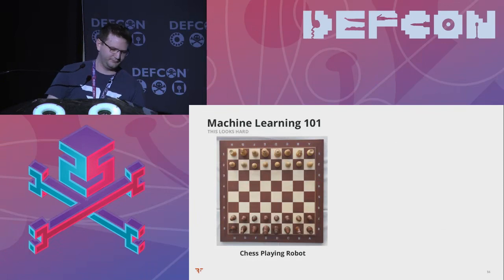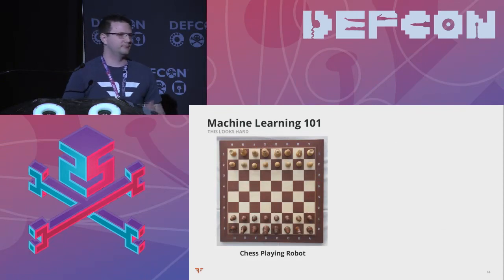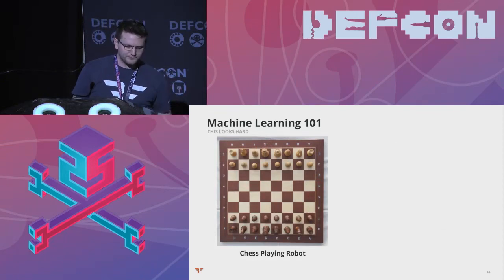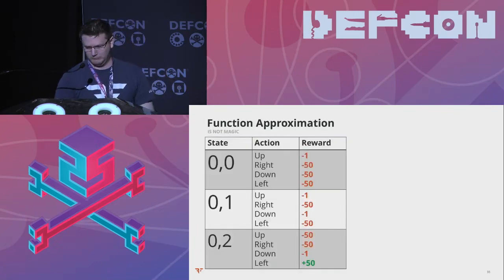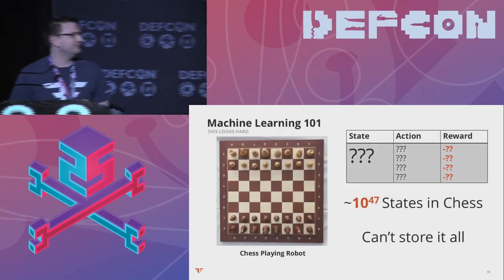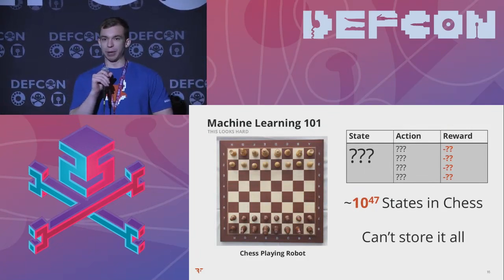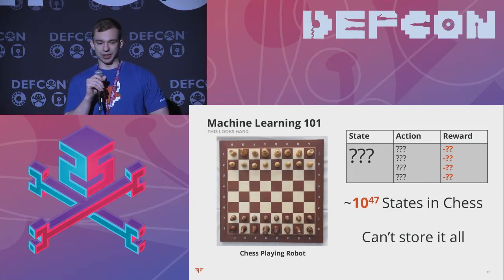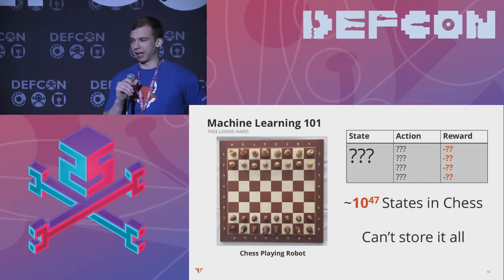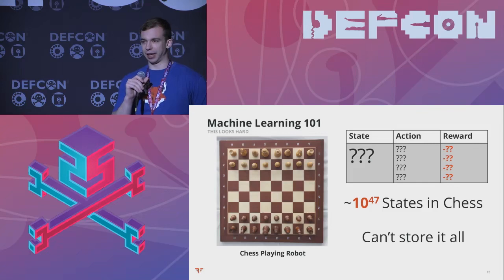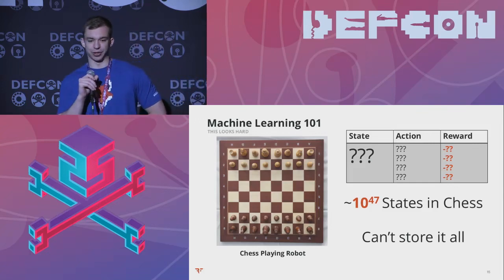Yeah, the problem is when you want to do something that's a little more complicated, for example, maybe instead of solving a maze, we'll play a game of chess. The problem is chess is a little more complicated than our maze, and it holds quite a bit more state. As you can see, there's about 10 to the 47 states in a game of chess, and there's 16 pieces on each side. So there's going to be a lot of data to fit into our table. It's going to be very difficult, pretty much impossible, to create a table, enumerate every single possible state, and decide what the best course of action is going to be.